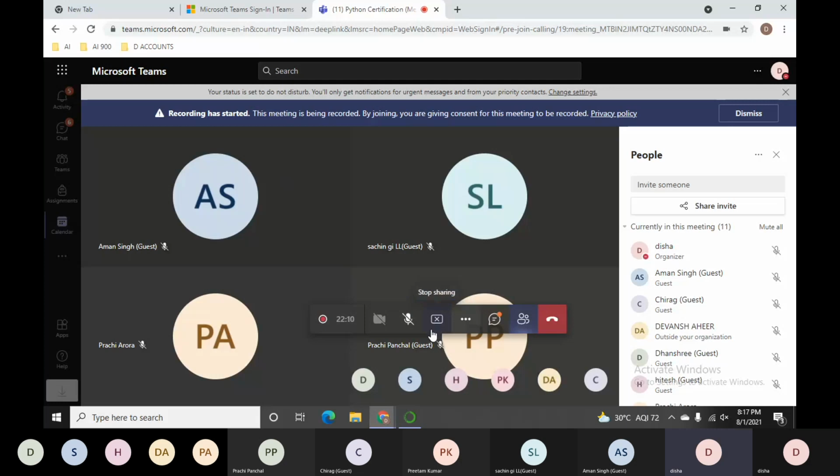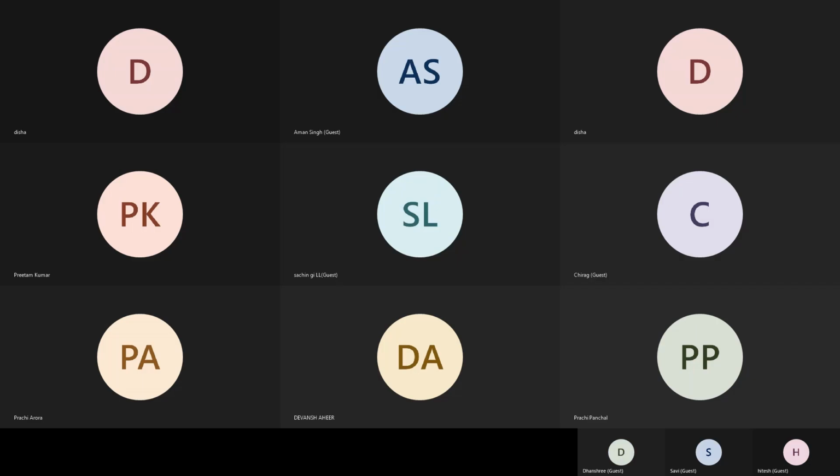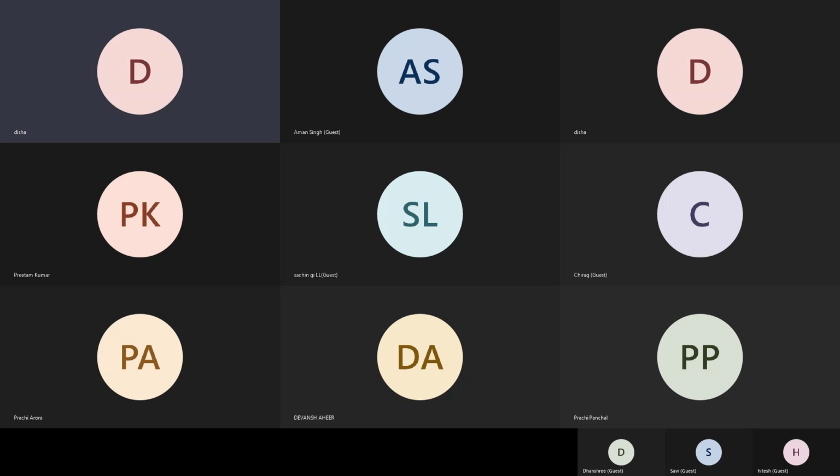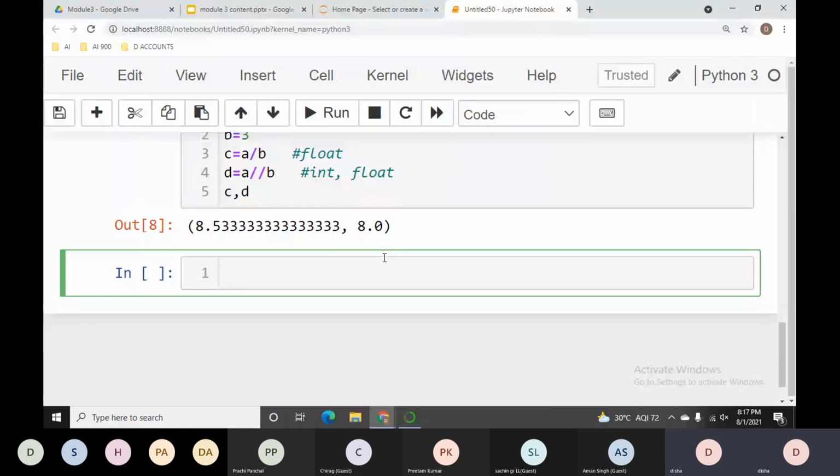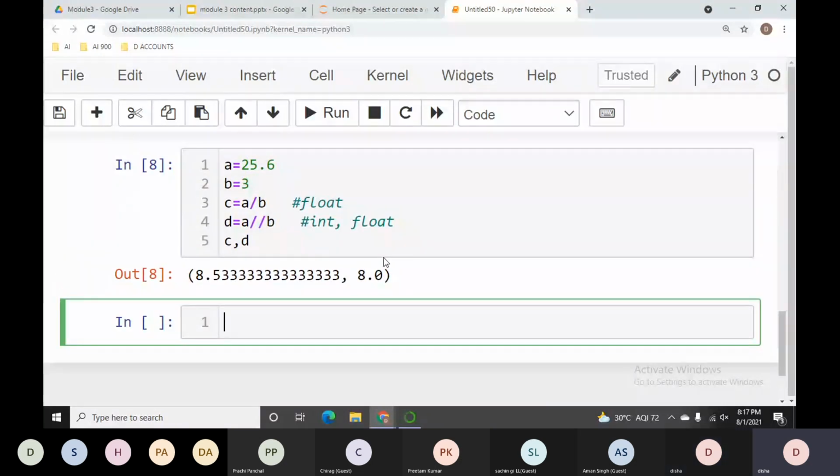Let me share once again. I hope now it's visible. Is it fine now? Please tell me fast, Dhanshri and Savi. Now is it visible? Okay, thank you.